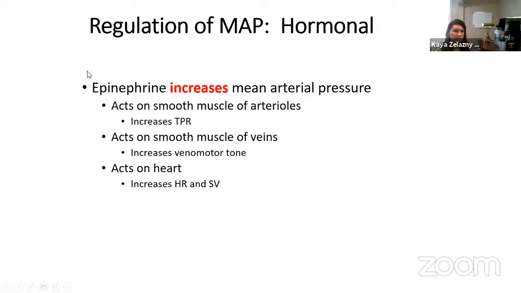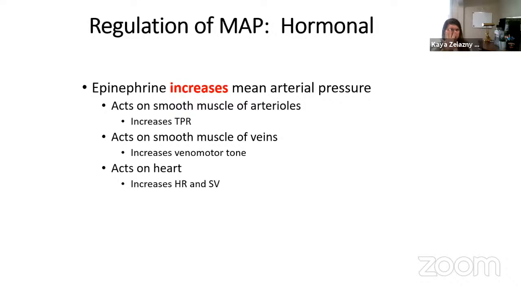So if we increase epinephrine, we're going to be increasing mean arterial pressure. So increases in epinephrine are basically bringing our blood pressure up, because epinephrine acts on smooth muscle in the arterioles, right? Just like norepinephrine, if we have enough epinephrine, we can bind those alpha receptors, causing vasoconstriction in most parts